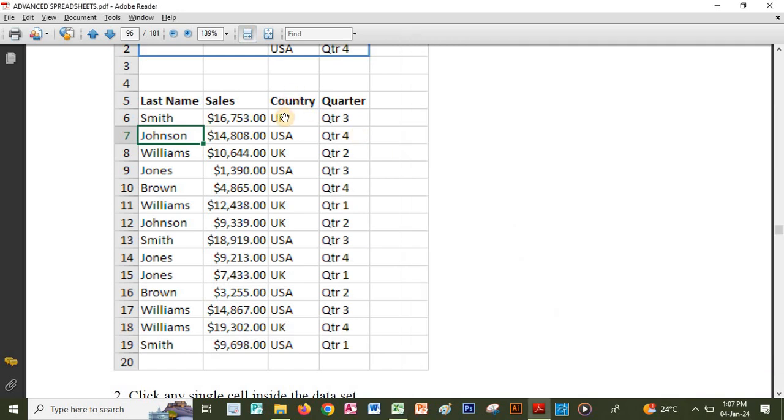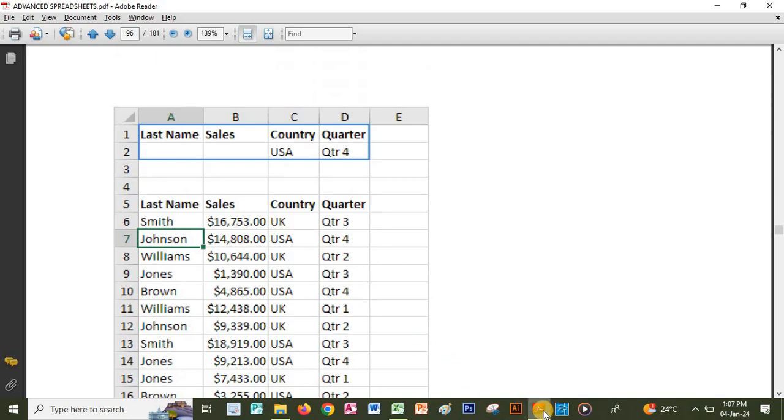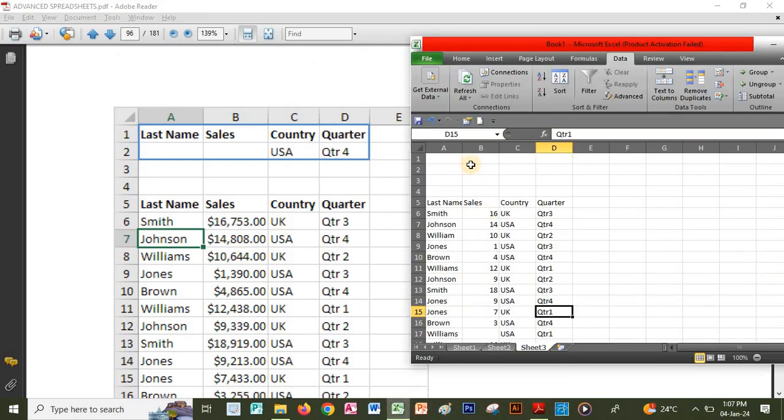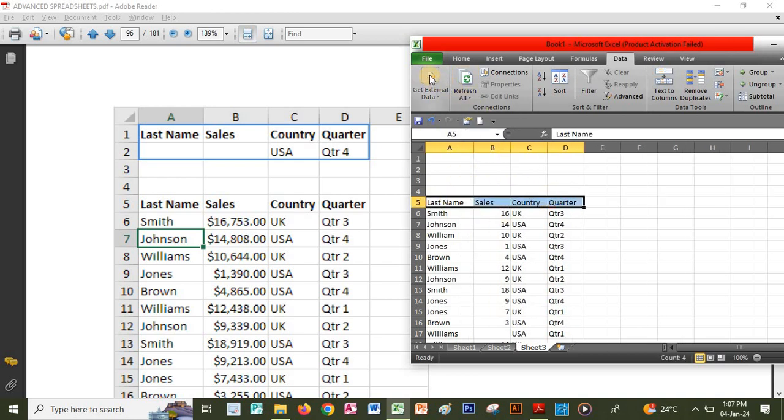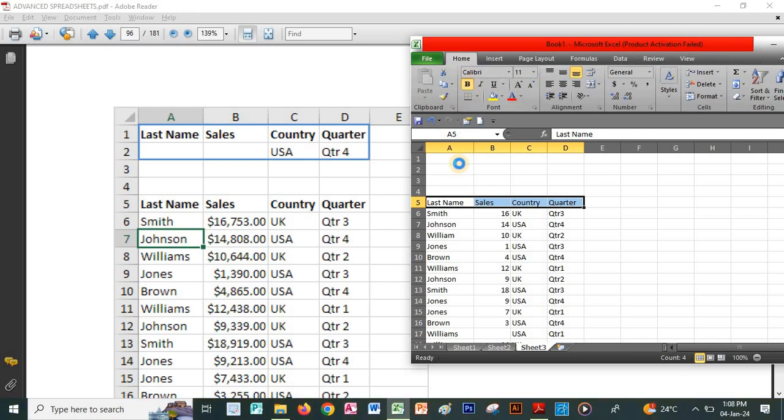And then some place, let's say the criteria. I'm going to set the criteria here. So the same data that I have made here,